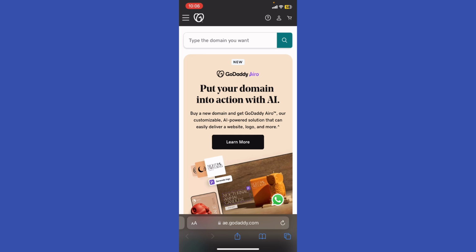If you want to update the DNS settings, just ensure that the DNS settings of the new domain point to the correct server IP address. Go to My Products and manage DNS next to the new domain, and update the A record and other